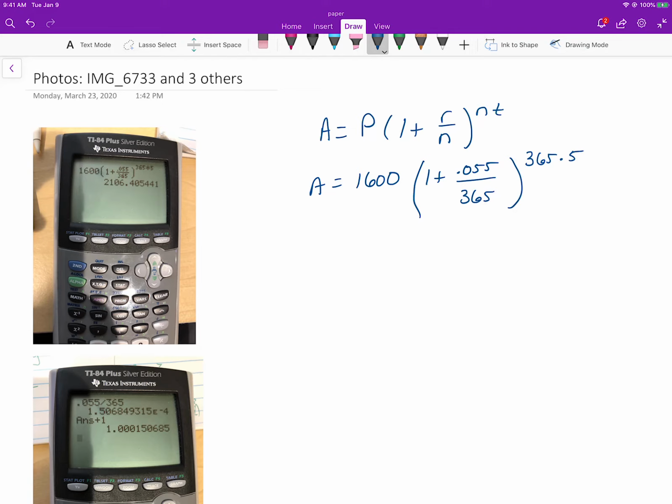I wanted to give you a couple different options of inputting this in your calculator just to make sure you're getting the correct answer. And I'm not exactly sure which model you have, and it will look different. Even with the TI-84s, some of them have certain features and others don't. So just to make sure, because I didn't see the original problem, this problem would be for compounding interest and